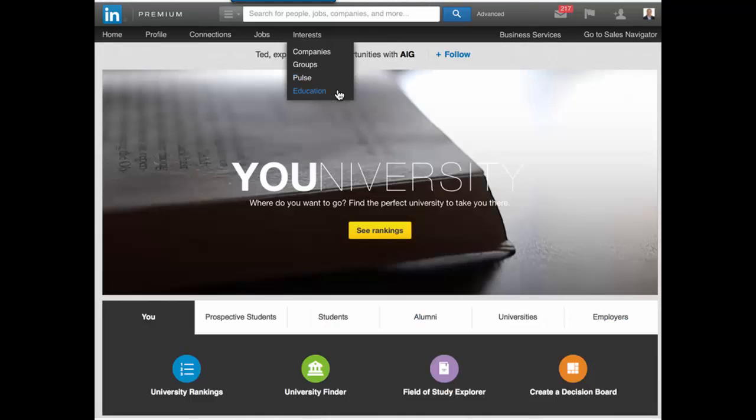And here's University Finder. This is the new, what I was just saying, how to find university rankings. This is a whole new app that just literally appeared a few days ago in my account. It may not even be in your account yet. Sometimes it takes time to show up.